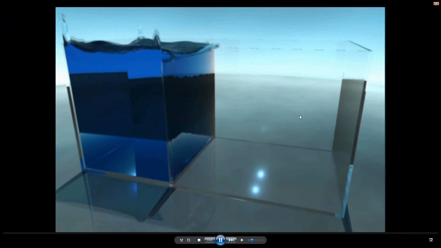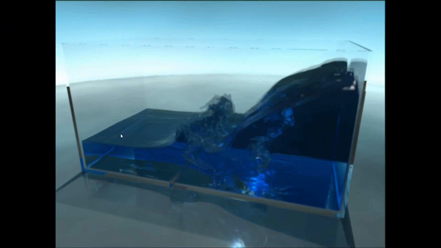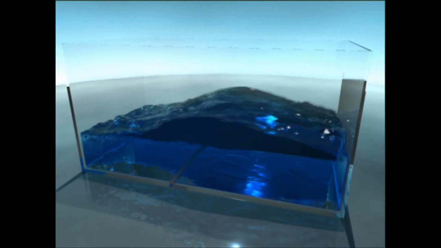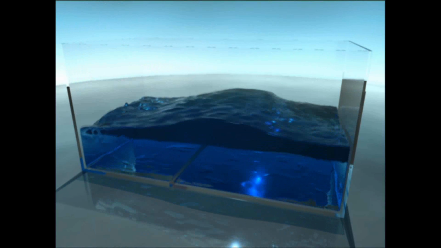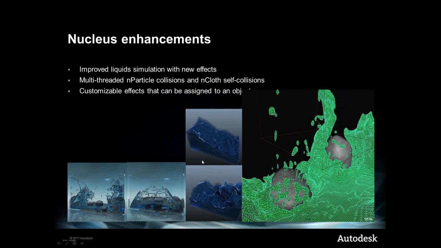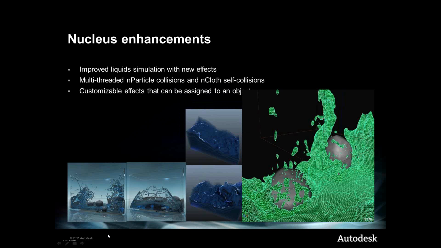You can have fire and so forth. And again, you can test it on different containers. Like you can see here, what happens if something breaks? Is that going to splash? Is that going to... all the different conditions that would physically be calculated as far as in a real world scenario. So anyway, again, you have improved simulation in regards to objects like water, and then it's all about